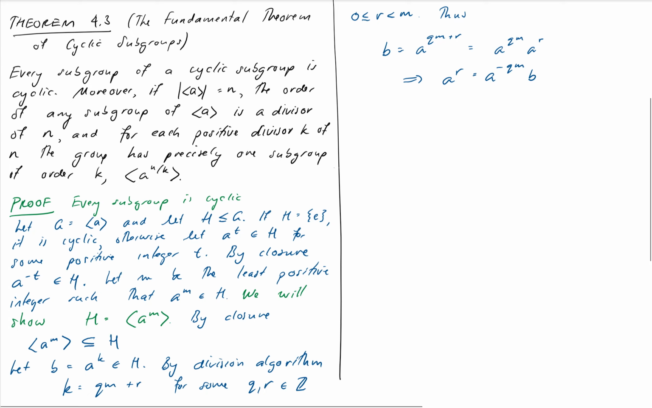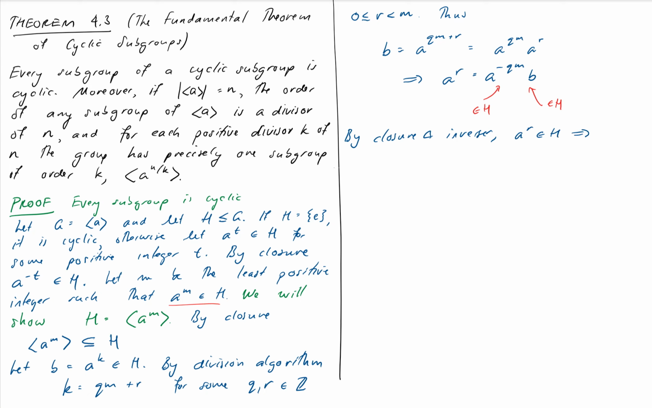Okay, now how does that work? Well, B is in H. A to the minus QM is in H, has to be because our subset here is contained within it, and this means that A to the R must therefore be in H. But R is less than M, and we said that M was the smallest integer such that A to the M is in H. So it's the usual argument worked out again. So by closure and inverses, A to the R must be in H, which implies that R equals 0, as R is less than M,